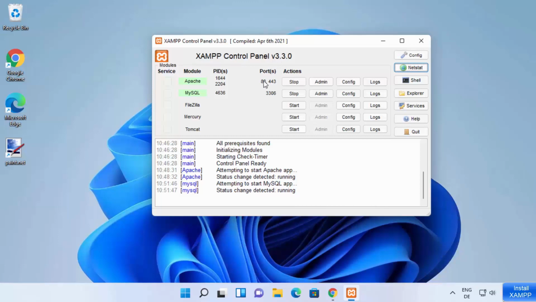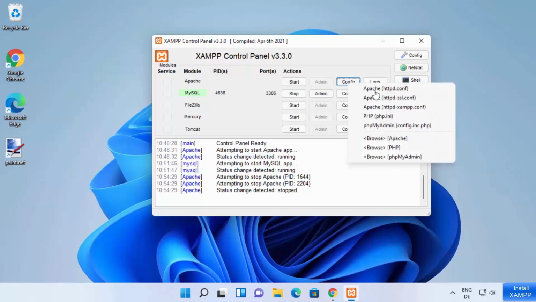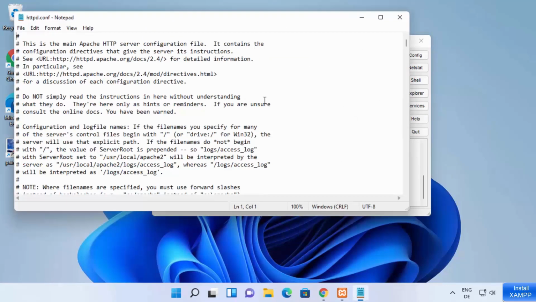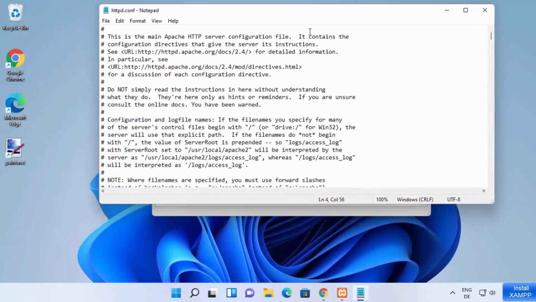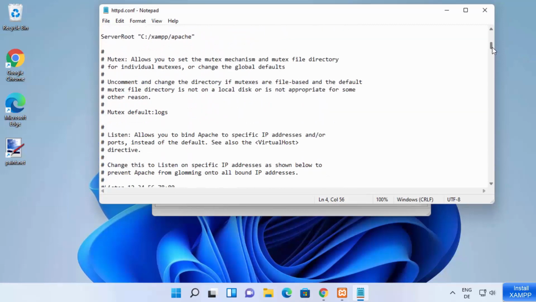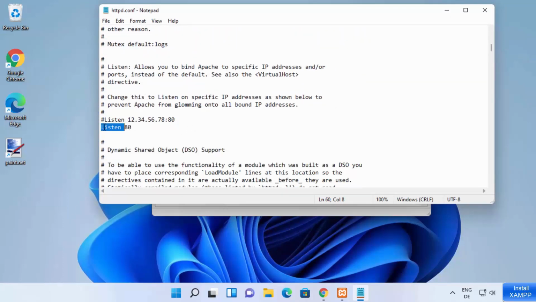So for changing this port, you just need to stop your Apache server first of all, and then click on config here. So for the configuration, you can choose the first option, which is httpd.conf file. So I'm going to click on the first option, which is going to open this kind of file. So on this httpd.conf file, just scroll down a little until you see this Listen keyword, right? So you can see the default port right now is 80. I can change this port to something else. So let's say I want to change this port to port